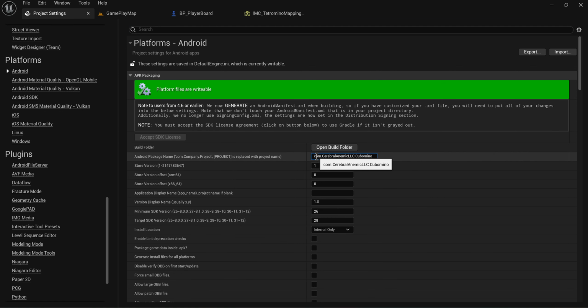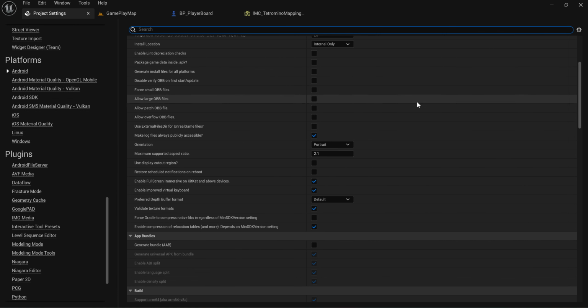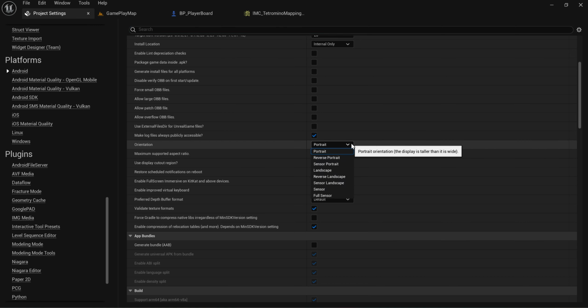So this is the name of the package. If you've never released anything on the Play Store before, Android has this interesting naming convention for your projects and stuff, and then version numbers and everything. But what I wanted to get into here is down here. If you set it to portrait, there's a lot more than that, but I kind of wanted this game to